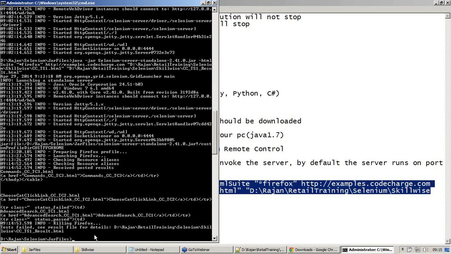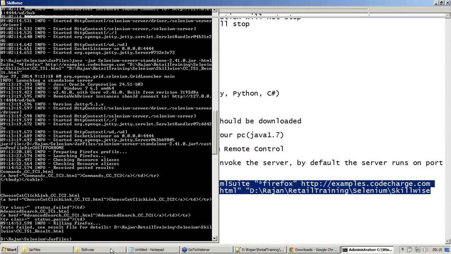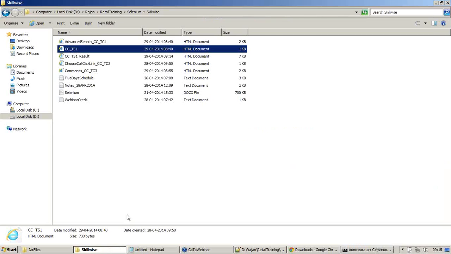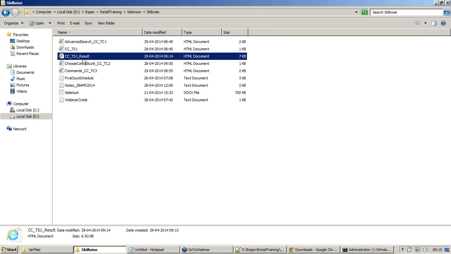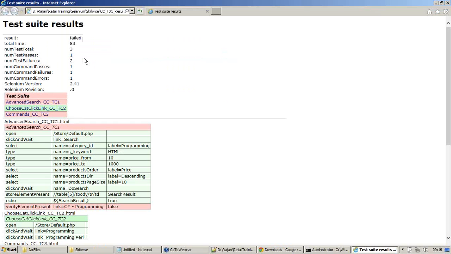We gave something as a result file. What happened to that result file? I'm getting back to my folder, and there is a result file which is created. I want to see what is inside that, so I'm double clicking it.